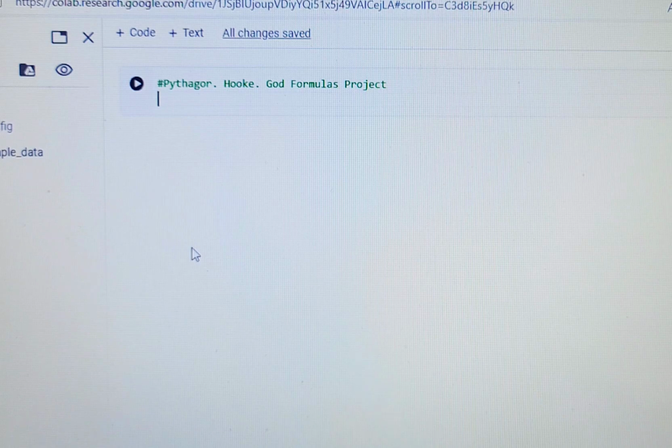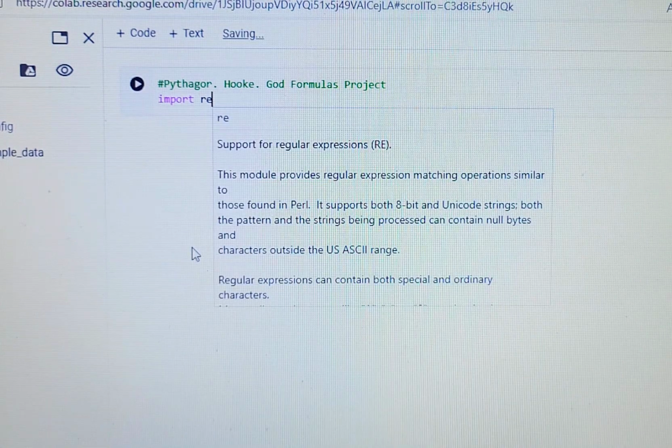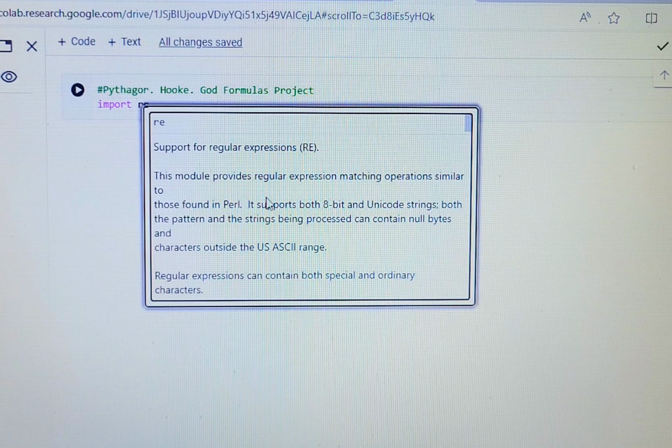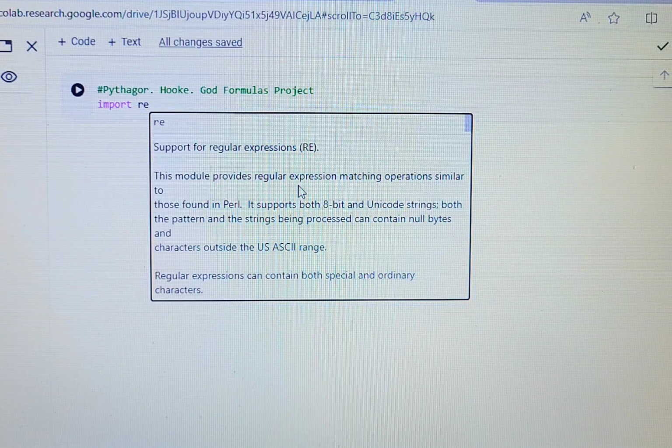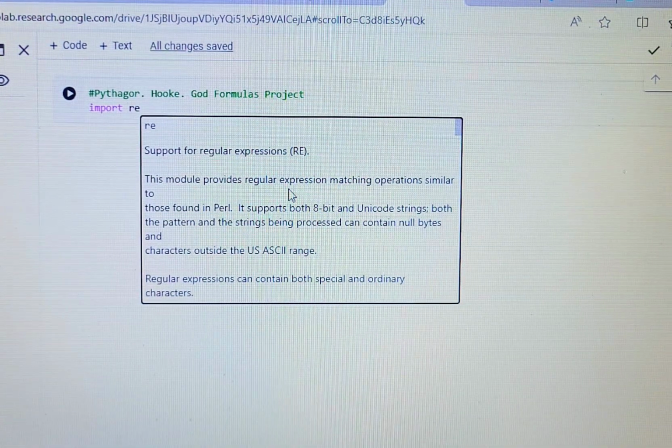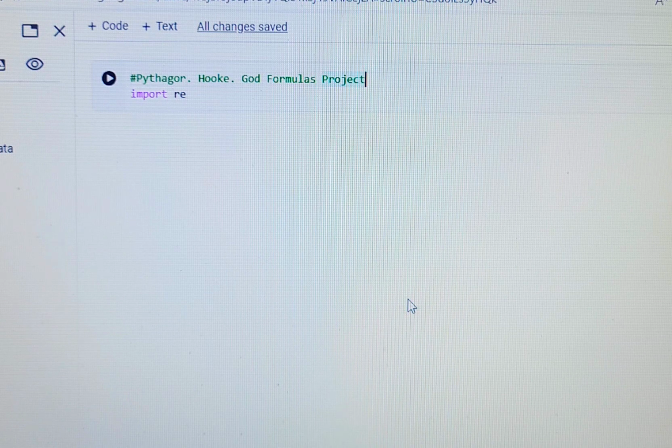Now we give the import re. Re stands for Regex. And as you can read here in this window popping up right now, support for regular expression, re. This module provides regular expression matching operations similar to those found in Perl, etc. And Regex